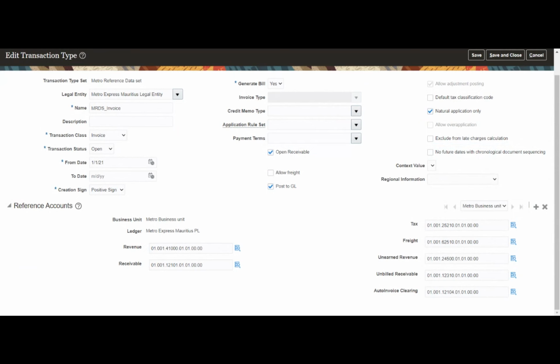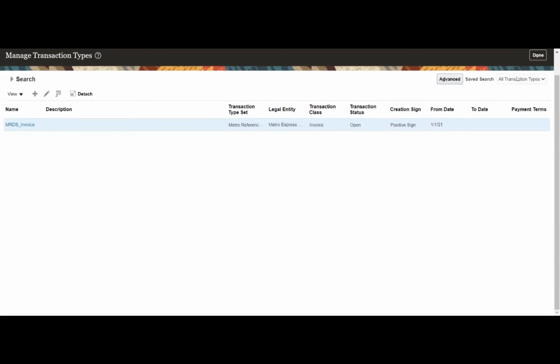To create the auto accounting, these are the accounts that we will have to give. We have given the respective accounts, but there are still a few issues. Probably I'll show that: how to create the auto accounting, and we will see why we are creating the auto accounting rule.